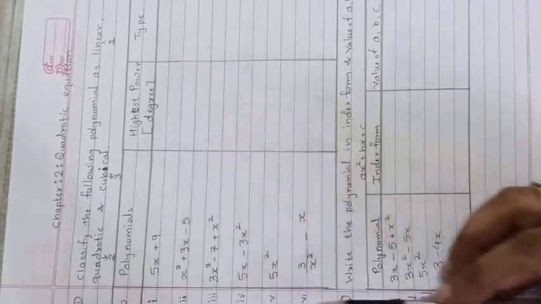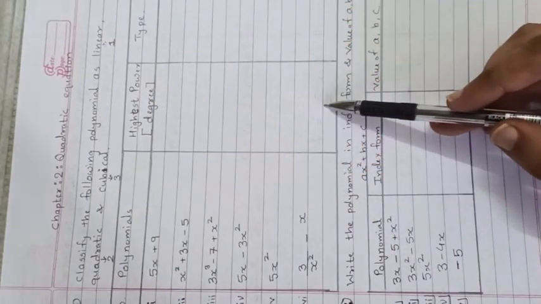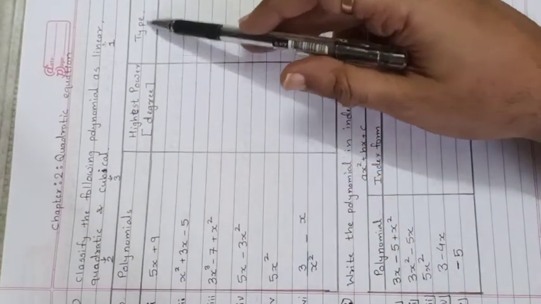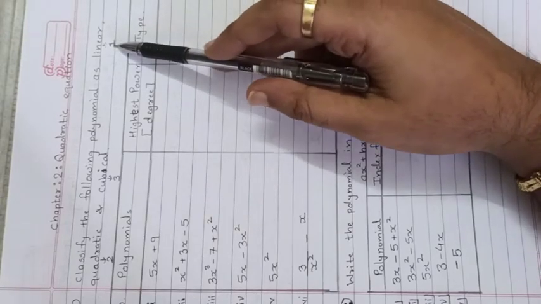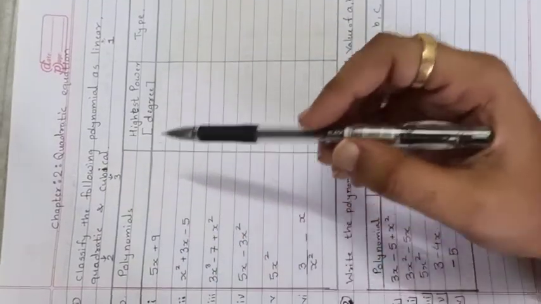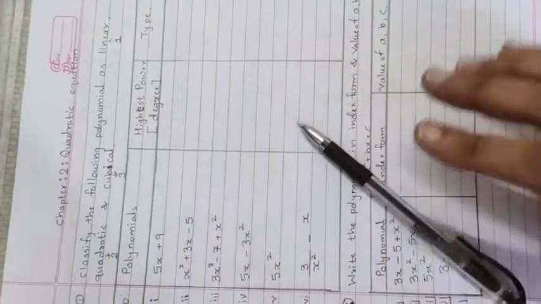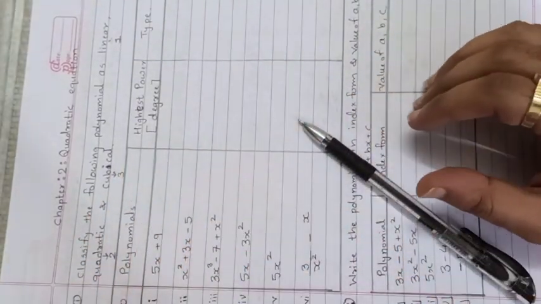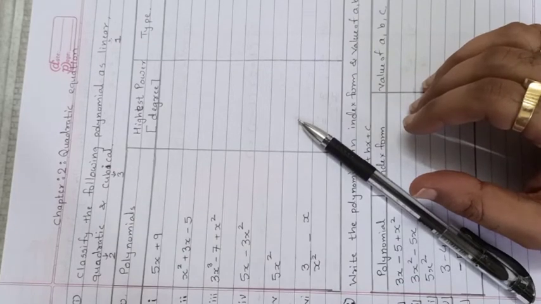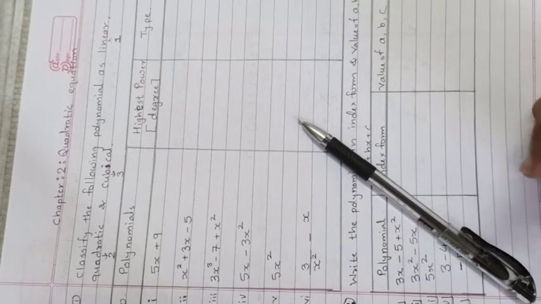So first, here the numbers are given, here the polynomial, and here we will write the power, which is the highest power, and according to the power we will decide the type. If the highest power is 1, then it is linear. If the highest power is 2, then it is quadratic. If the highest power is 3, then it is cubical. So first, what do you mean by power? Power of a variable. First of all, variable means all the alphabets, A to Z, A, B, C, D. Sometimes the numbers are missing or hidden, in suspense form. We have to find the value of that variable number.